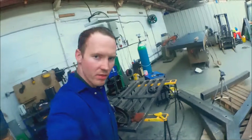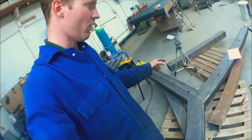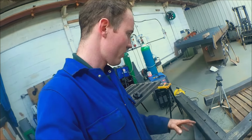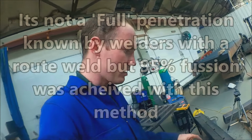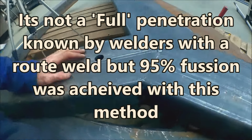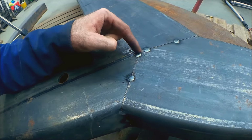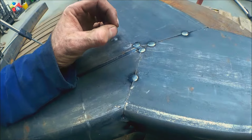Right, so that's it tacked, and as far as I know the measurements are exact to the drawing. So now the process goes of welding it together. Now these need to be fully penetrated welds, so what I'm going to be doing is thinking about each one I'm going to do. I'm going to grind in a groove into that so it's almost just penetrating through with